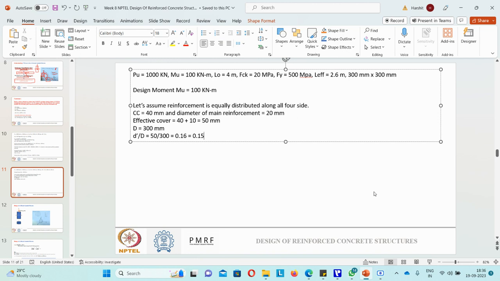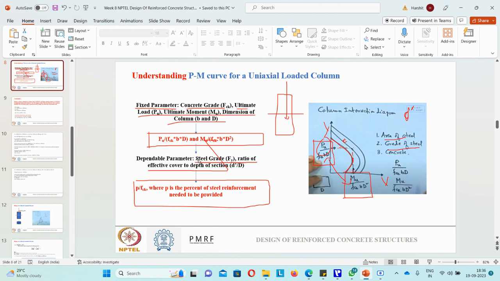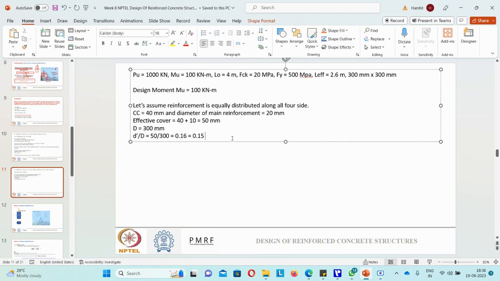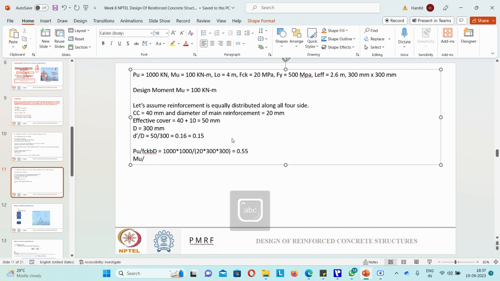Now we know the d dash by d, we know fy. So what all other things do we need to calculate? If we see in the flow chart, we know the steel grade and we know the ratio. We also need to calculate these two values so that we can refer to the SP code. Just calculating those design values. So Pu by fck bD will be nothing but 1000 into 1000 divided by 20 into 300 into 300. Rounding to two decimal places, it will come out to be 0.55,